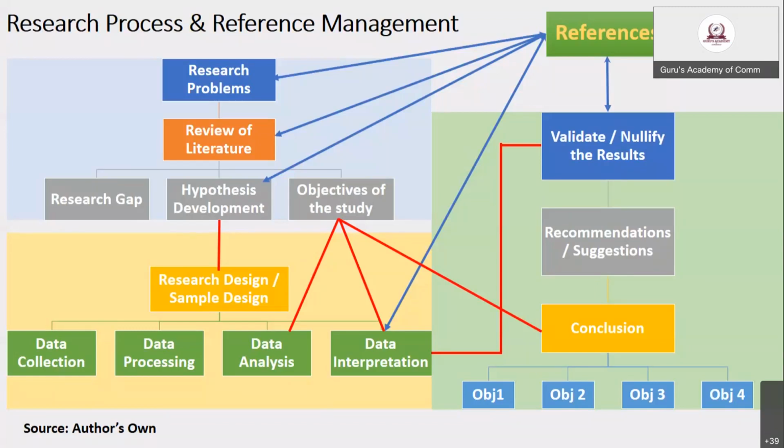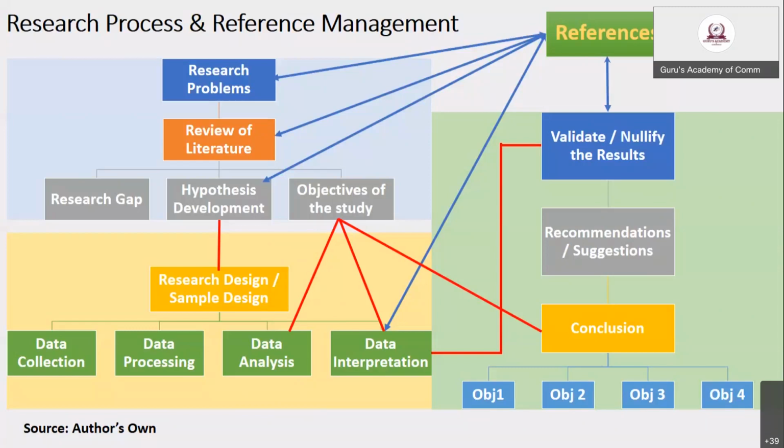For this kind of purpose, this chart gives a picture of how references are derived from various parts of our research process. The first process: references help you find your research problem. Second, once you find the research problem, you go for keywords, that is the key area, the core subject area or sub area, sub theme area, or basis of objective. You collect some literature. The literature itself helps your references.